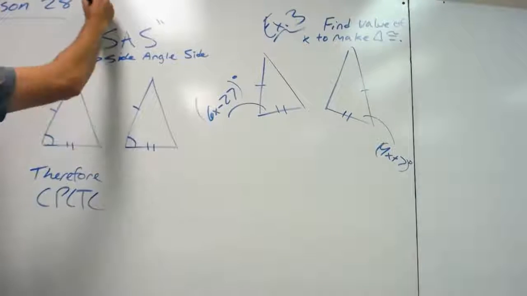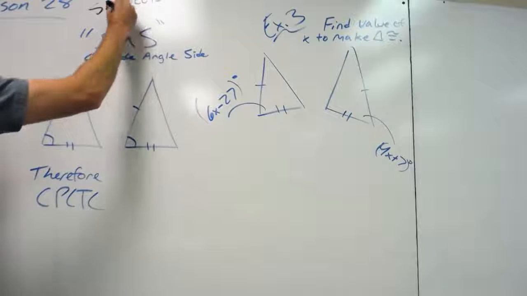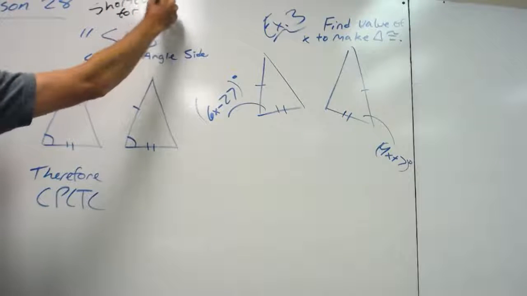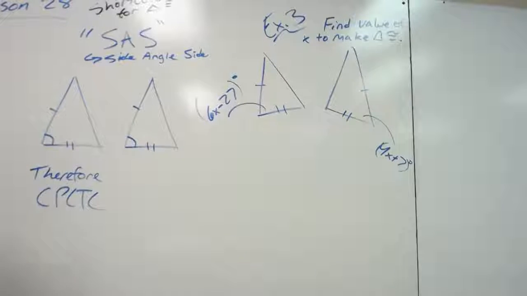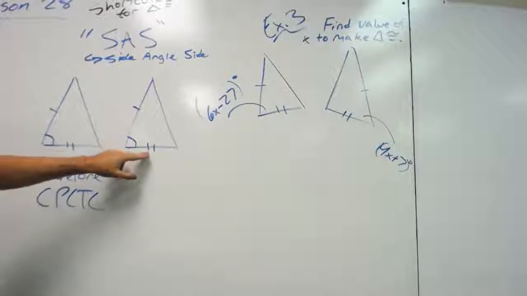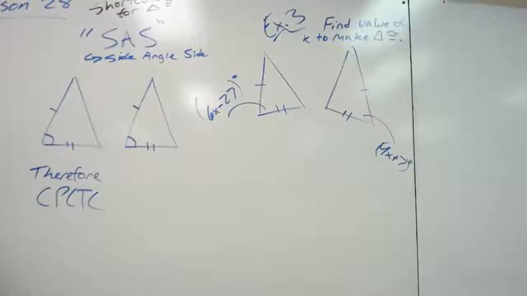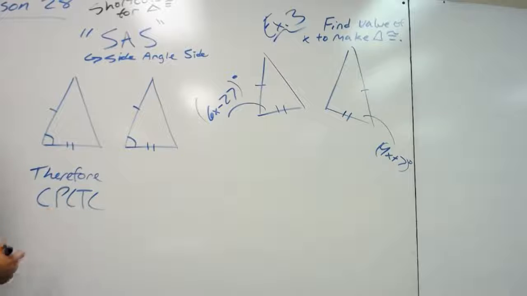Once again, these are all shortcuts to know for triangle congruency. So if we know side angle side congruency, then we know that the whole triangles are congruent. So side angle side might look like this, side angle side, just how it sounds. And once we know that those are congruent, we can say, once again, therefore, this is an acronym you're going to see a lot,